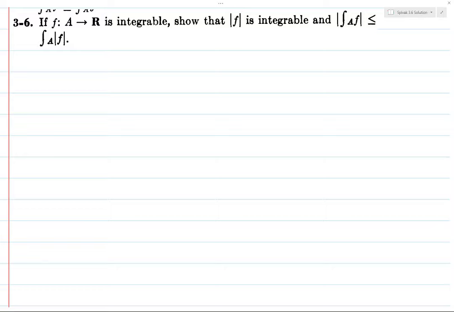Alright, so here's an important fact about integrals, and it's that the absolute value of an integral is less than or equal to the integral of an absolute value. And the basic idea here is that integrals are very much like a special type of sum, and that's why